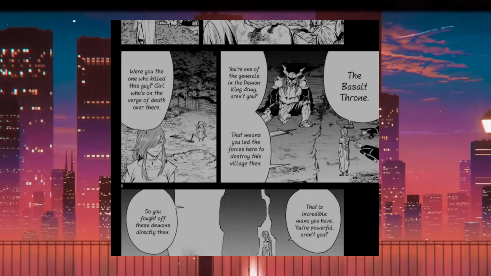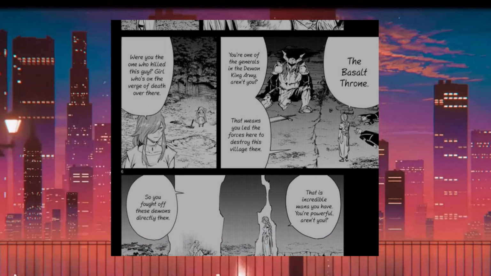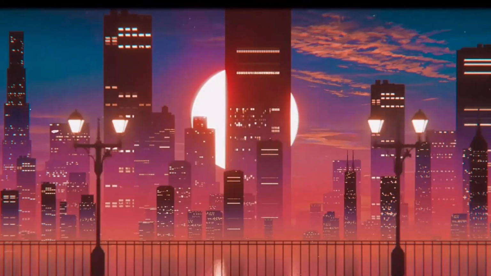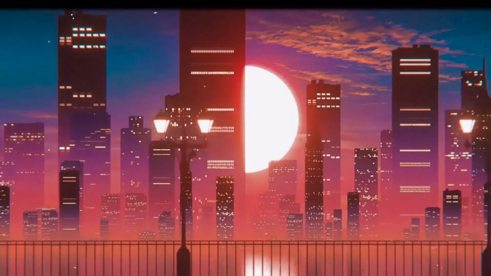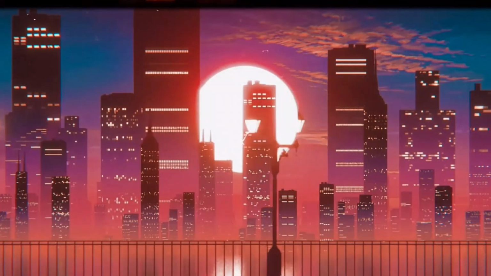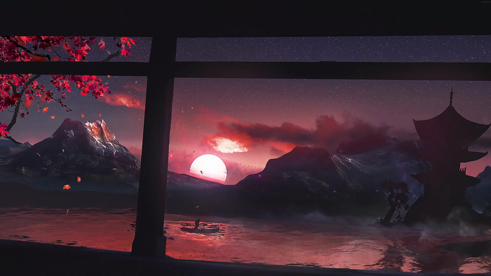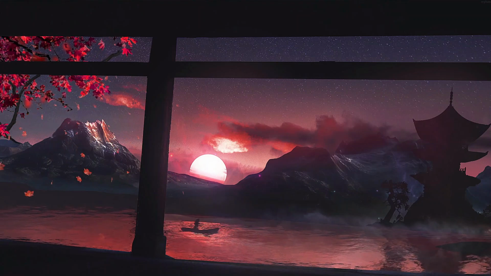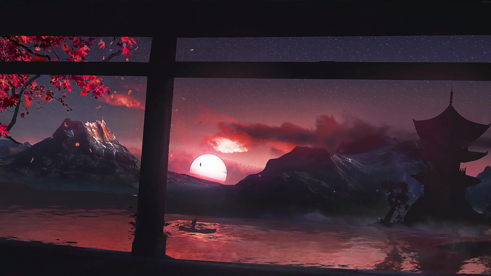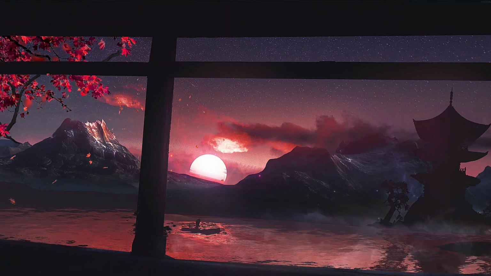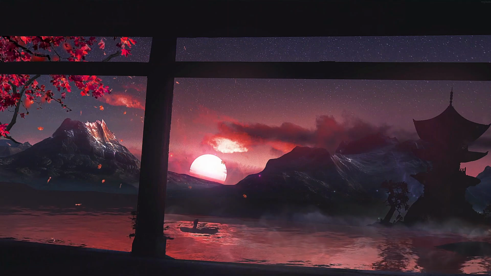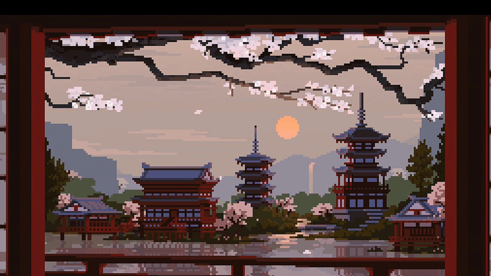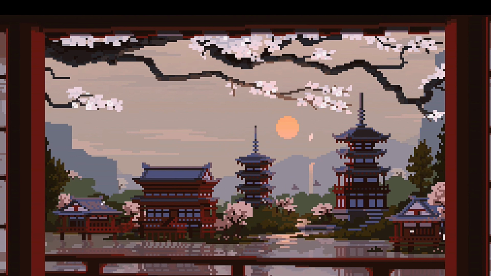And even at this point in time, Frieren's looks are still the same, which could mean that she and the rest of the elves in the village had been living there for a few thousand years before the village was destroyed. Because we know from the story that the Demon King rose to power and viewed the elves as the ones who posed the most threat to him, leading him to wipe out the elven villages first, which would mean that Frieren has been alive even before the Demon King rose to power.